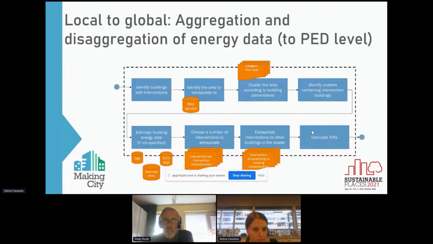Then building energy data can be estimated if not specified. So this would be load demand data actually. Then basically a number of interventions would be chosen from the specific building. For example, if they have a rooftop installed, we can choose, okay, how do we extrapolate PV to other